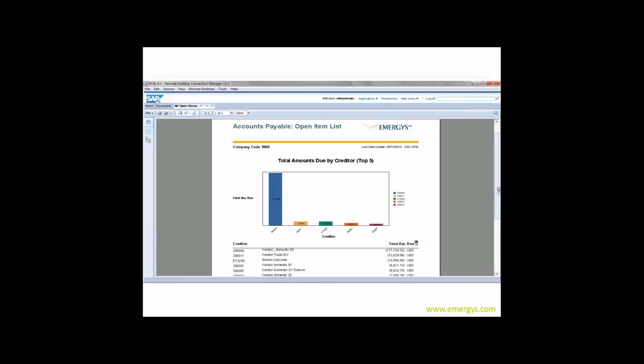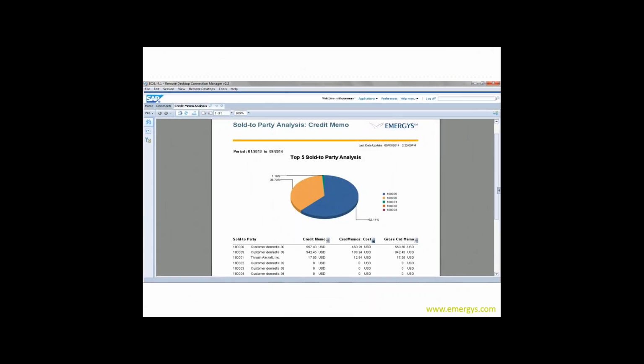Instead of just having data in a table, you can have the graphics and the table, so you get the best of both worlds. This is an example of one. This is a bar chart. Here's one that's a pie chart. So you have the option to pick and choose based on the media you like.